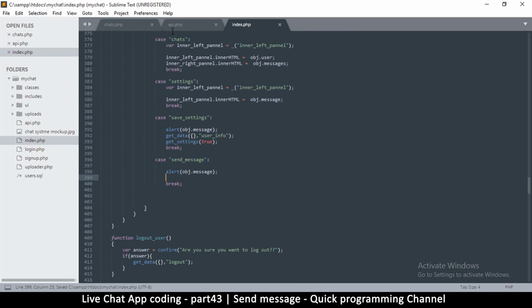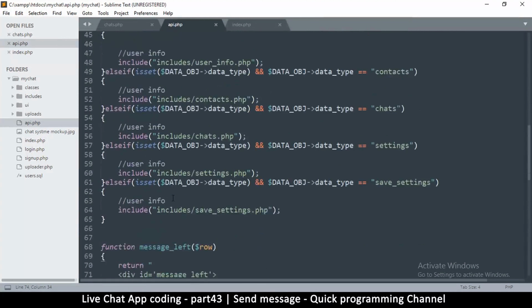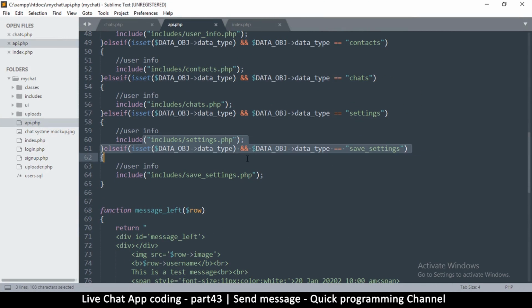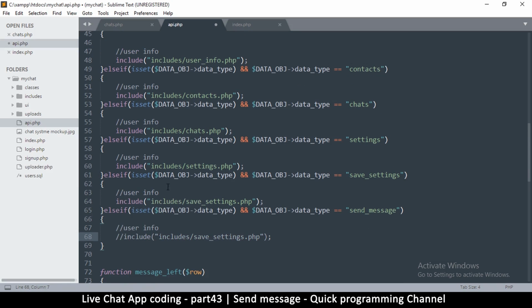Okay, now we are going to go to api.php, and as usual, anything new that we add in there should have a segment of its own right here. So at this point, I'm just going to duplicate this one so that we have a new line here, and this one is going to be for when we send a message. Now we're not going to include any file for now. I just want to return whatever information was sent. So I'm just going to get this and say